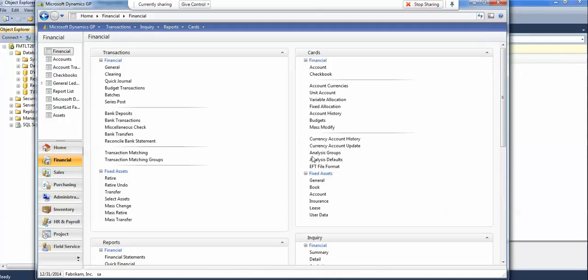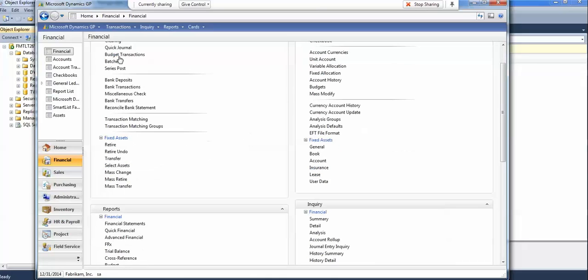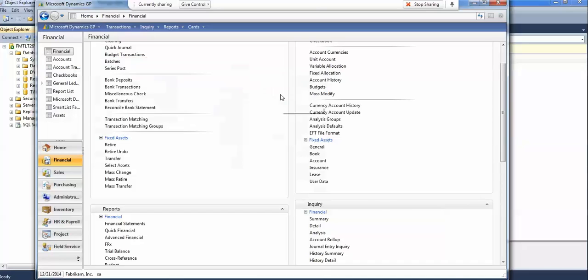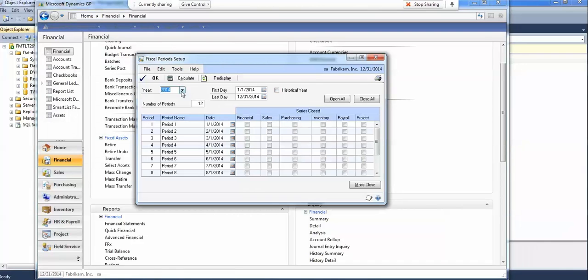A good step, particularly for payables and receivables, once you're done with your close, is to go into your periods as your final step. For example, if you've just closed,